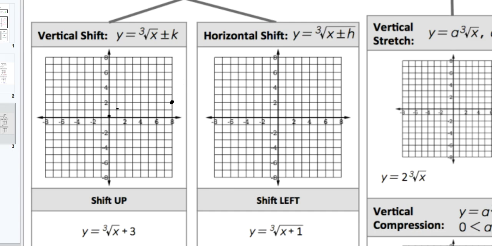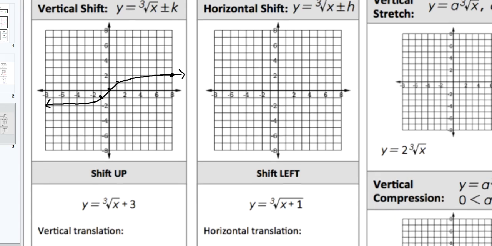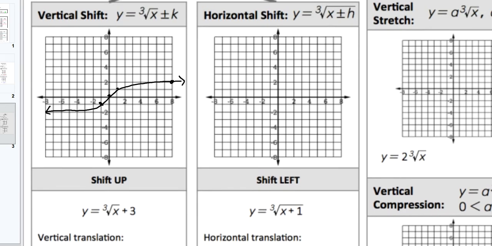I'm going to sketch that parent function for us so we know what it looks like. So it's that S-shaped curve centered at 0, 0 there. Now we are going to shift it vertically to start with. So in this case, we're going to shift it up 3. So that means every single point here is going to get shifted up 3 from where it was in the